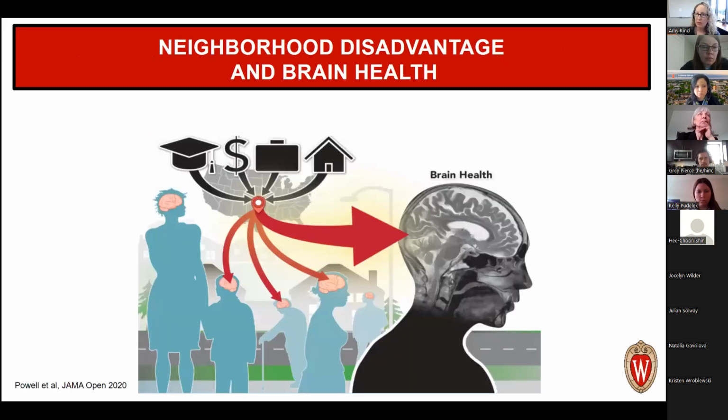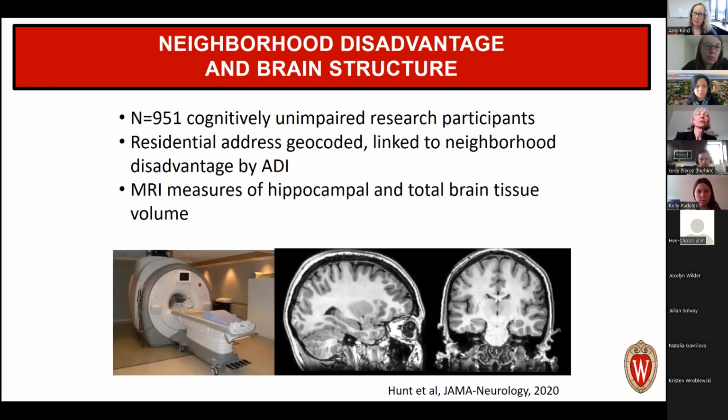So our group is very interested not only in producing these metrics, we've been doing that for a long time, but for those of you that joined in the beginning, you'll know that I'm an Alzheimer's doc. I'm a geriatrician, I'm a memory doctor. So we spend a lot of time thinking about the Alzheimer's space. We think about brain health, and we think about timing and dosage of exposure of these factors across the life course and how they influence brain structure and brain function. And we do this in a number of different ways.